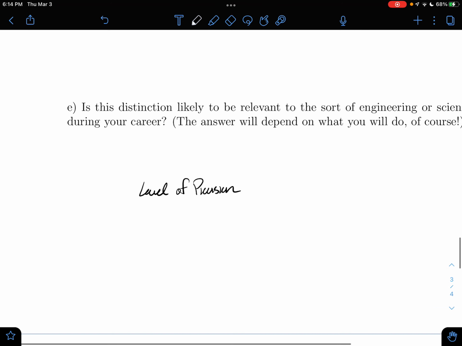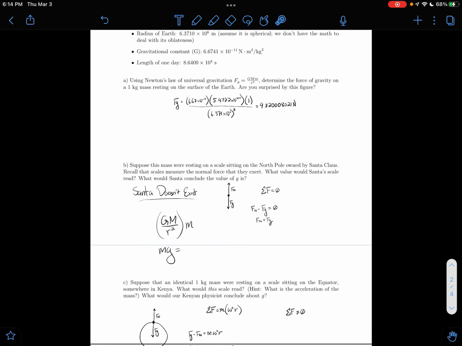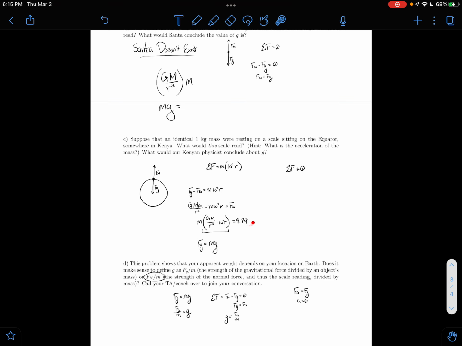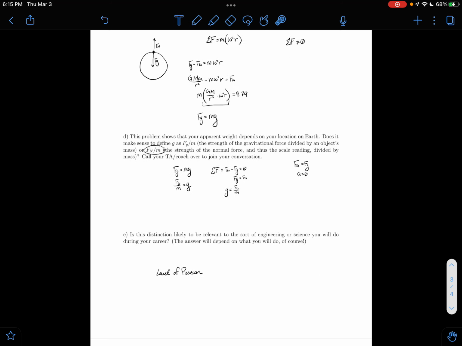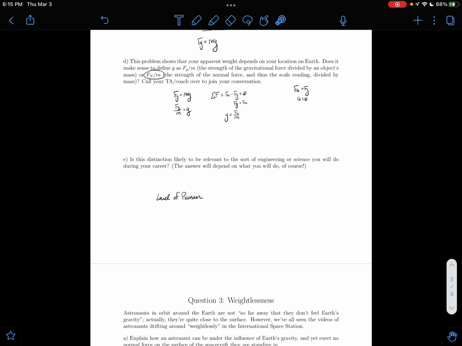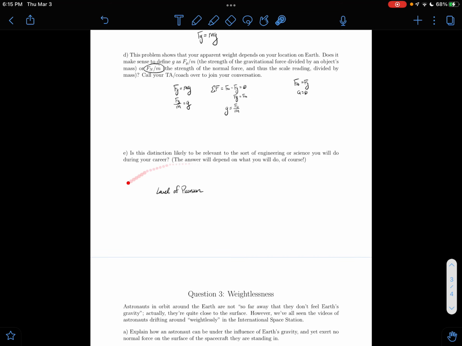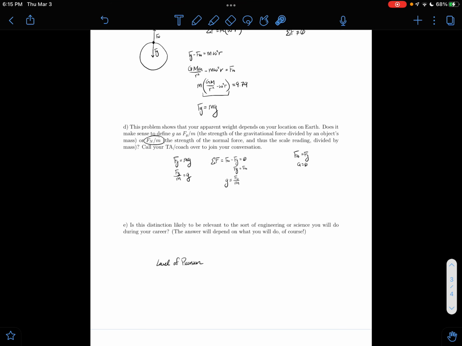Because if I'm estimating everything to 2 sig figs, 9.79 and 9.82 both round to 9.8. So if I'm okay using 2 sig figs, then it all works out and I'm all set, because they'll just all round to the same value. But if you try to get more precise than that, you might want to be a little